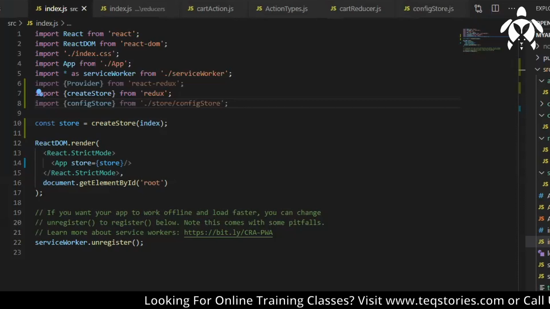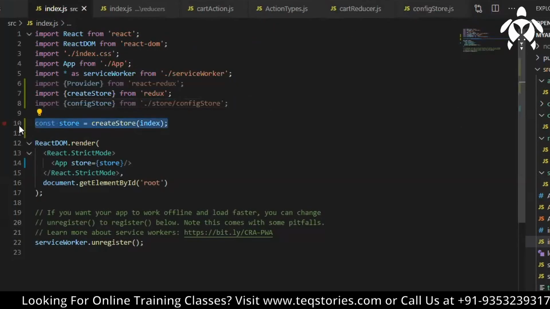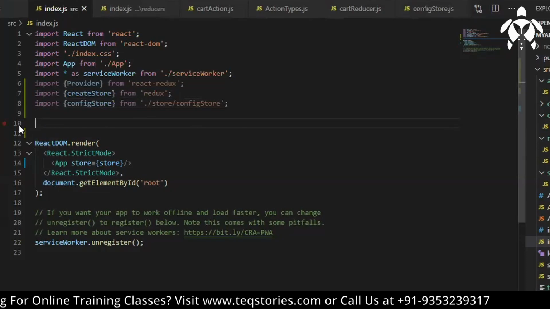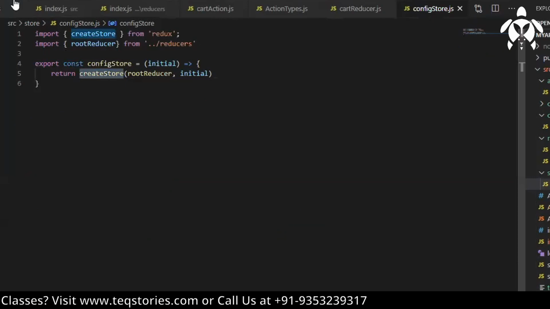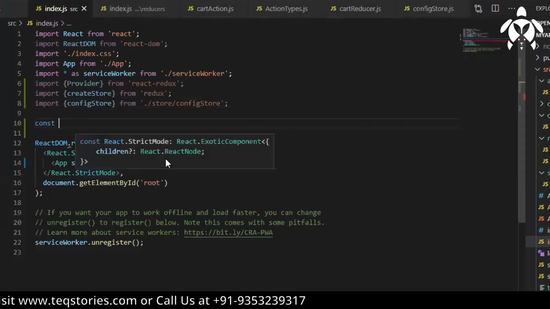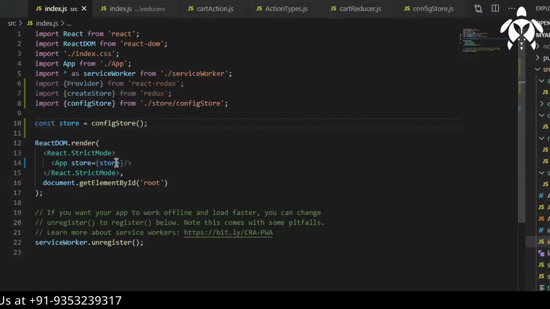Okay, createStore we have there only. So first configStore, I'm returning the createStore. So I'll write it in this way: const store equal to store will be there here. And the rest of the things, let's see when we get some errors.